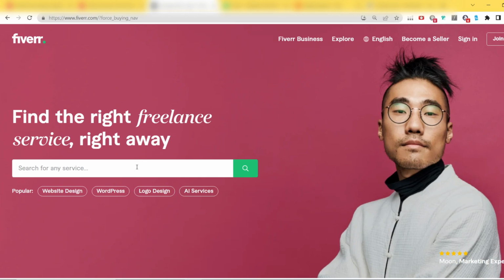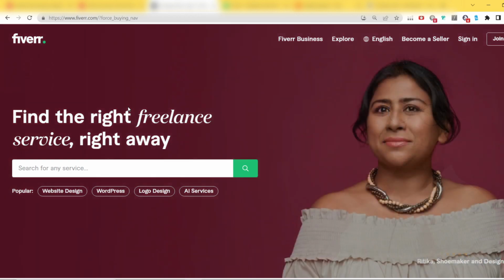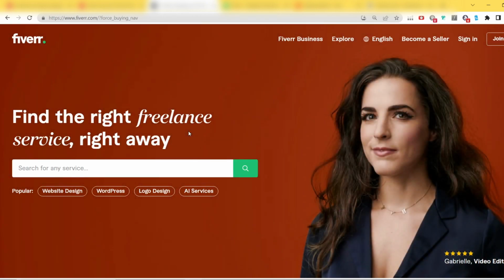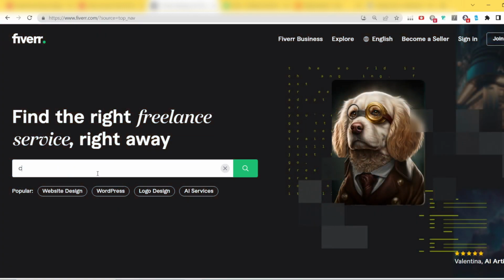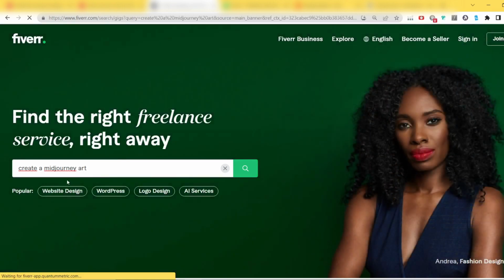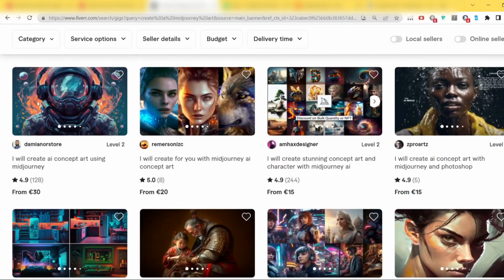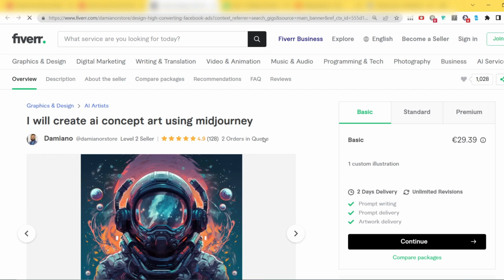So for example, you won't be selling physical products like on Redbubble and TeePublic, but you will be selling services here. You can do a lot of things, like for example creating a design. Right now a very popular concept is to create AI Midjourney generated graphics and sell them on Fiverr. And if you type, for example, create a Midjourney art, as you can see, 10,000 services. Let's go to one of these listings. As you can see, 2 orders in queue,